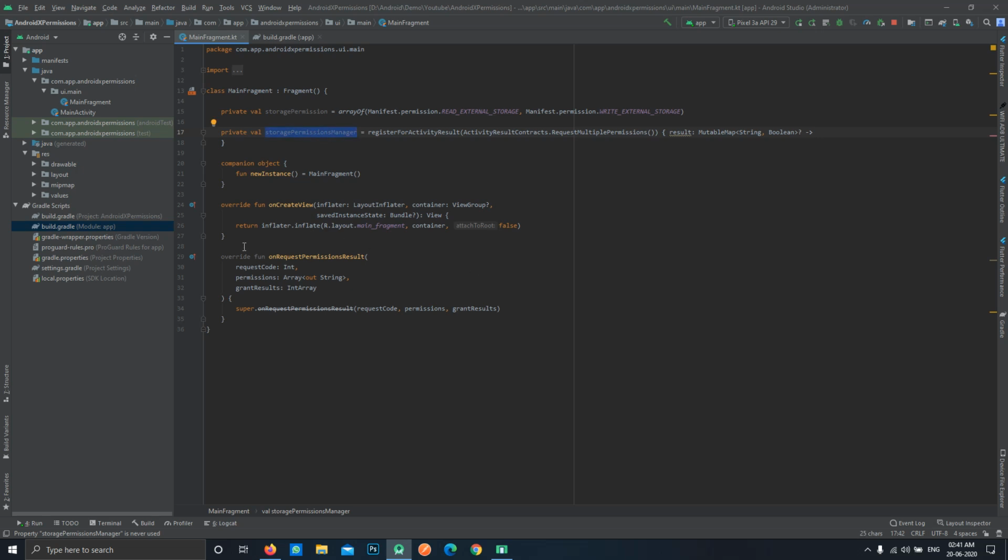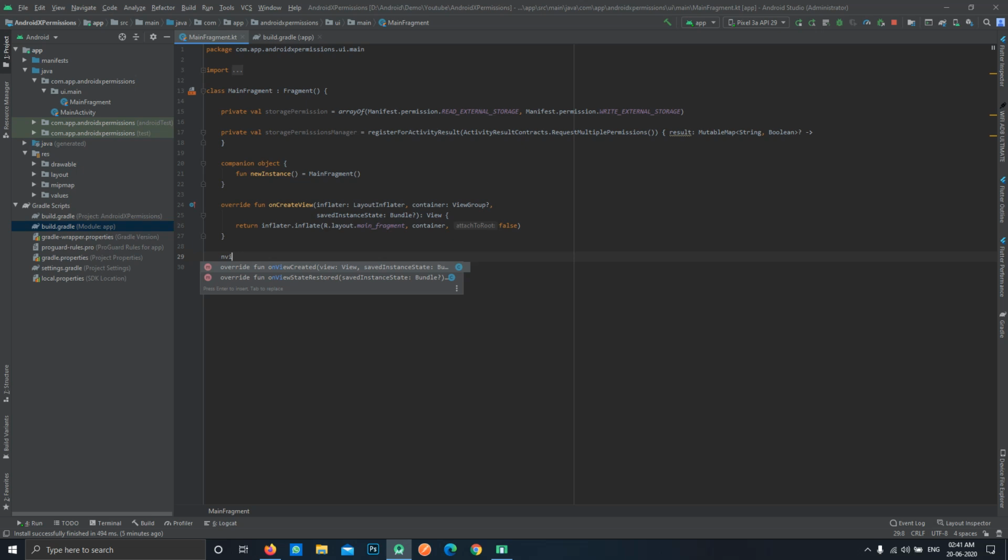So actually we need to remove this, it was just for showing you a demo. So now we'll use this variable, and let's say that we want to ask a user for the runtime permissions whenever this fragment is created. So now let's override the onViewCreated method, and now what we'll do is we'll use this storage manager dot,